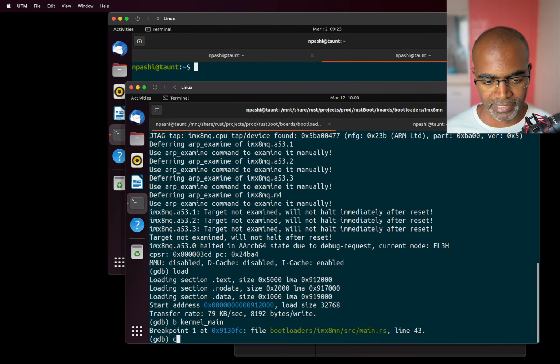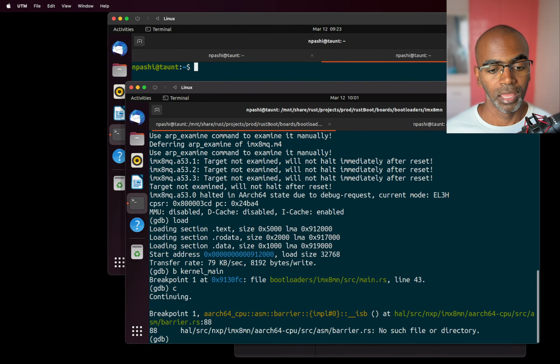Now I'm going to hit C. C is short for continue. That means now that you've loaded your code and set the breakpoint, go ahead and continue. So if I continue, I'm hitting the breakpoint over here. My terminal's already running. I've hit the breakpoint, and just for easiness's sake, I'm going to examine what's at this